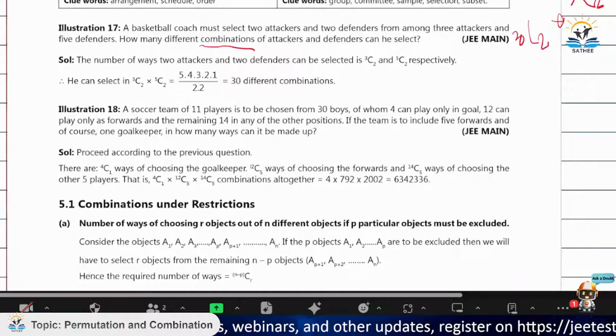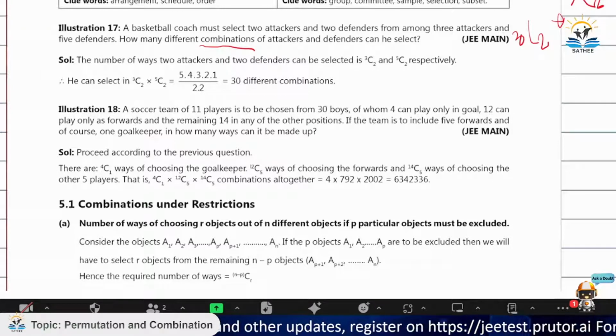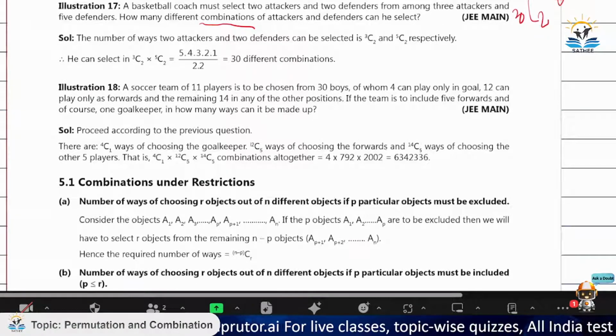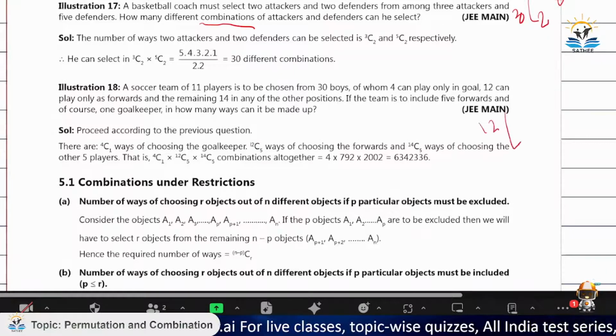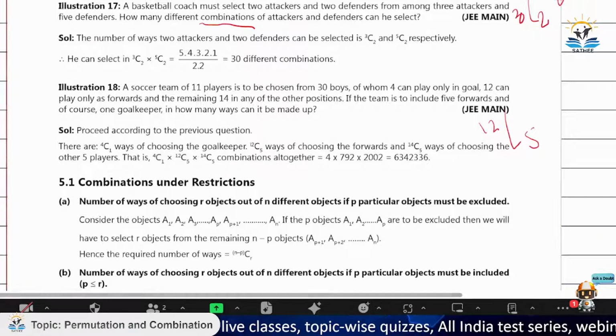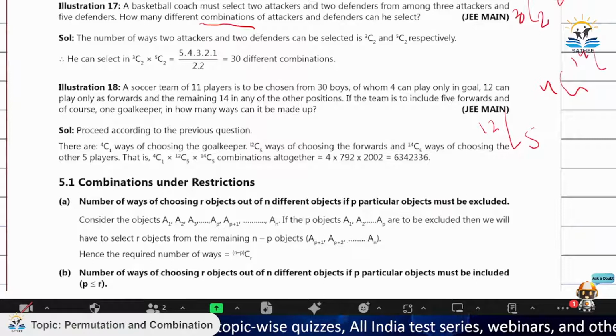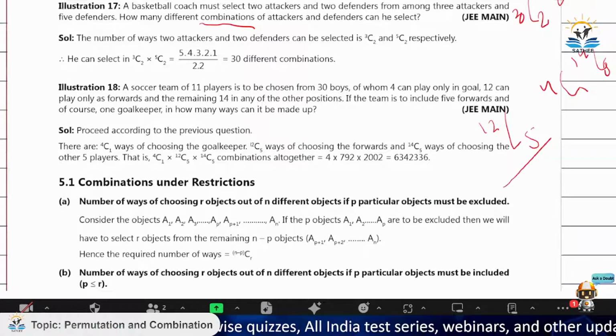team of 11 players is to be chosen from 30 boys, of whom 4 can only play in goal, 12 can play as forwards, and the remaining 14 in any other position. And the team is to include 5 forwards and of course one goalkeeper. In how many ways can it be made? Okay, तो हमें क्या करना है? 12 लोगों में से किसी पांच को चुनना पड़ेगा, चार में से एक को चुनना पड़ेगा, और बाकी 14 में से किसी भी पांच को चूज कर सकते हैं अपन।